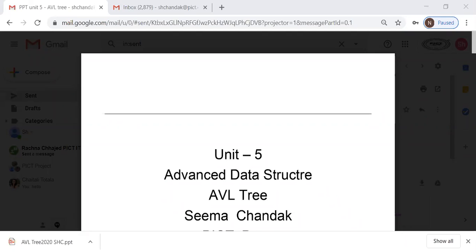Okay, so the best running time for BST is log of n, and the worst case is, for example, when the tree is created like this for a given node structure. You can see that we insert 2, 4, 6, 8, 10, 12 into an empty BST.